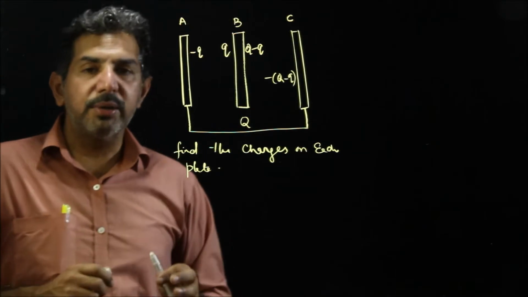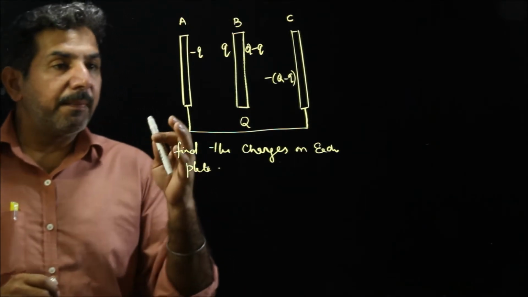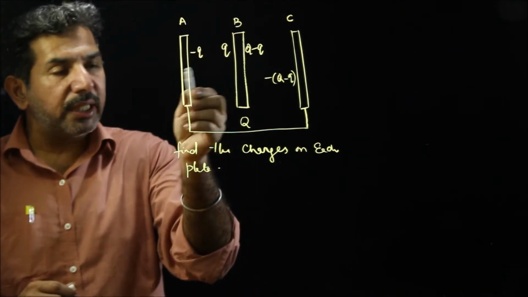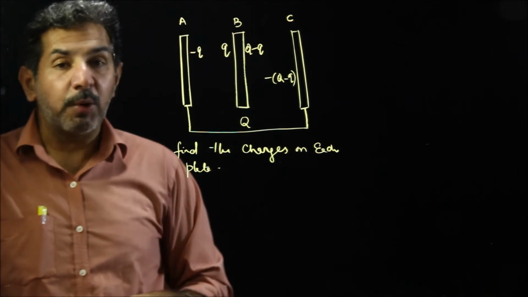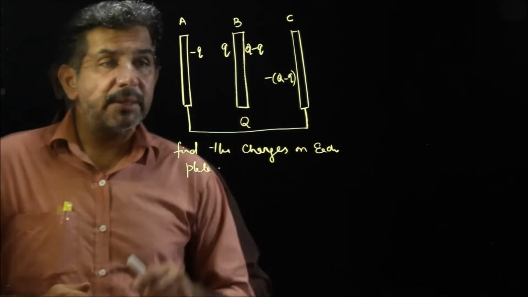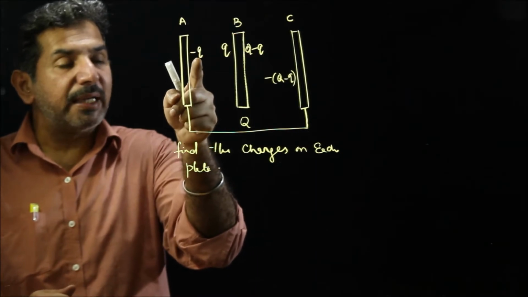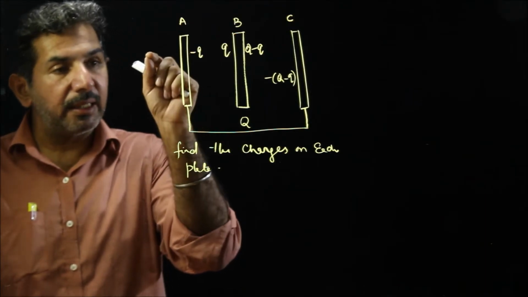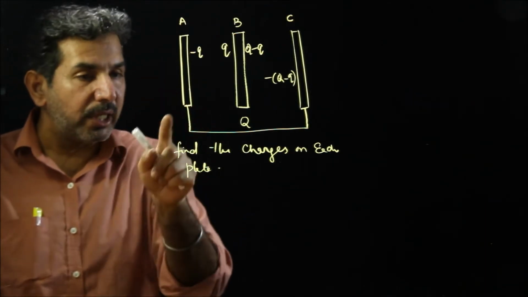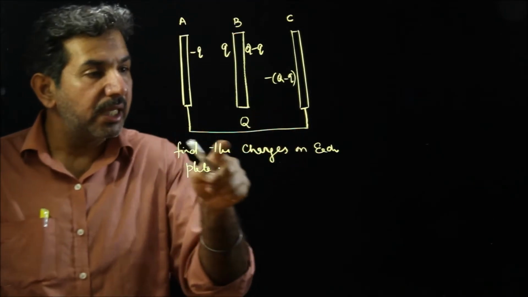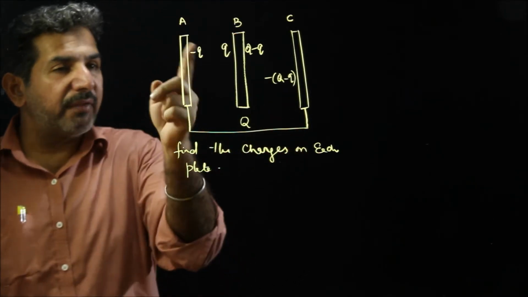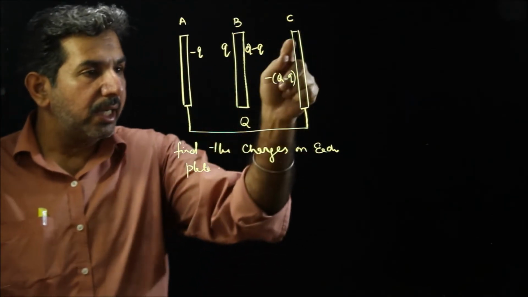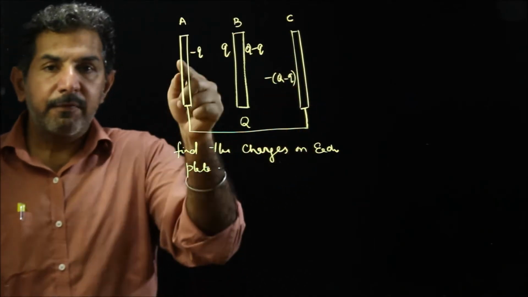See guys, that is very true, the induction will be there, but if there is an induction on the inner side of the plate, there will be a corresponding induction on the outer side of the plate also. We normally consider that if it is minus q, then the outer side will be plus q. It's wrong. This is the point where we can be proved wrong. Why? Because these two plates are connected with each other. They are not isolated plates. It means whatever is induced here and induced here, these two charges are connected through a wire, so even they can transfer from each other, right?